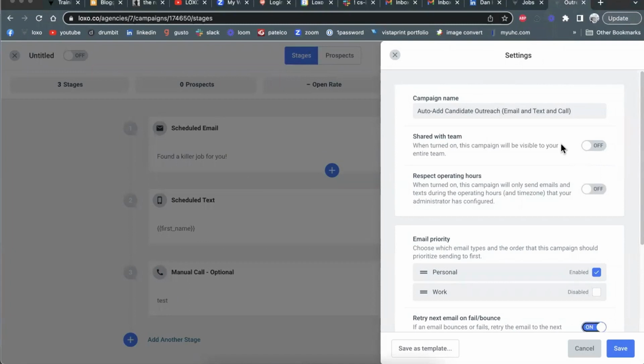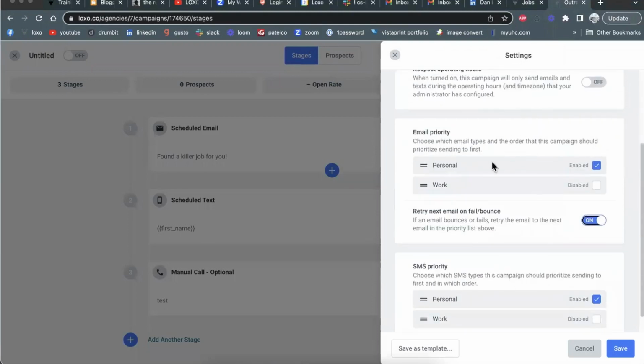So you can see on the right here that I've clicked on the gear icon and I've put in the title Auto Add Candidate Outreach, Email and Text and Call. This is for my eyes only, right? And then I've set the preferences for this little template. And at the lower left here is where you're going to click Save as Template. So it shows up in that list of campaign templates that you can attach to those stages in the job pipeline. That is the key concept to remember, is to set up the template ahead of time